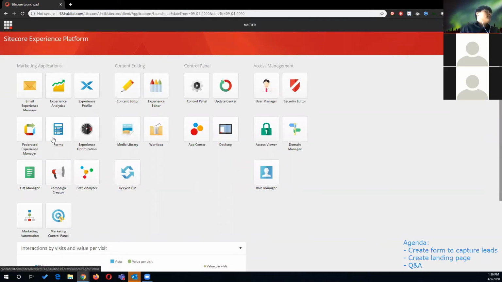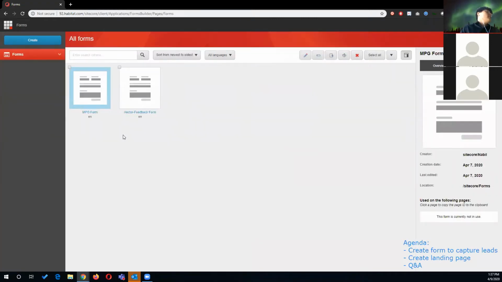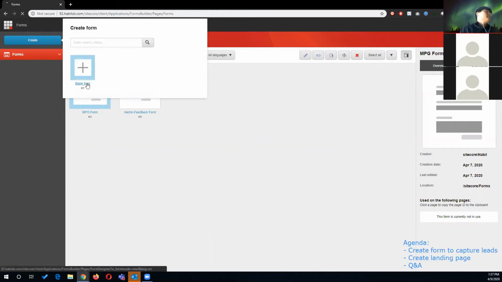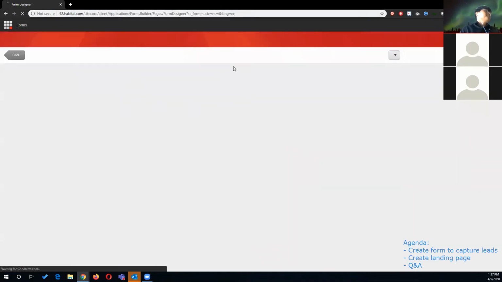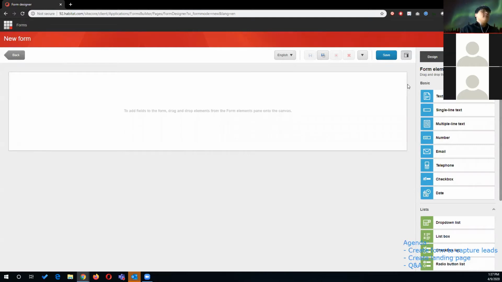And here we have the Sitecore Forms button. Click on it, and it will bring us to the Sitecore Forms page. So here I already have 2 forms I was working on, and I will create another one, a new blank form. The UI is very straightforward, and if you have ever used something like SurveyMonkey or Google Forms, you will see the similarity